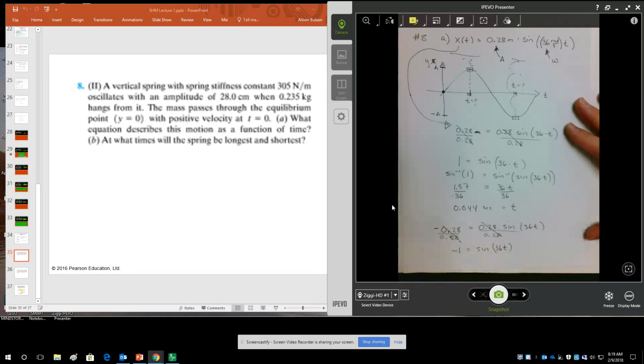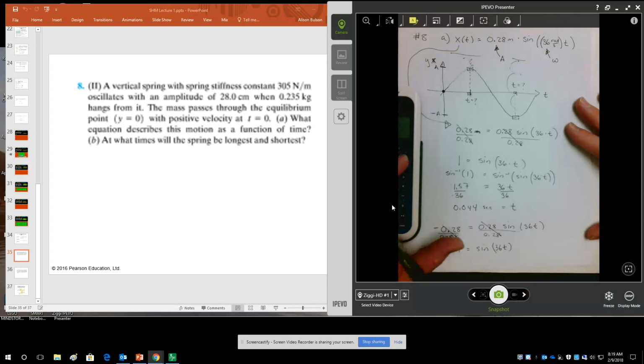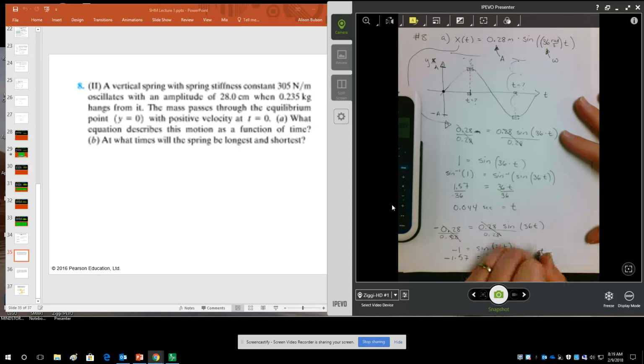And so I find the inverse sine of negative 1, which again is something I should know, but I don't. It's negative 1.57 radians. That's equal to 36t. And so we find t is equal to negative